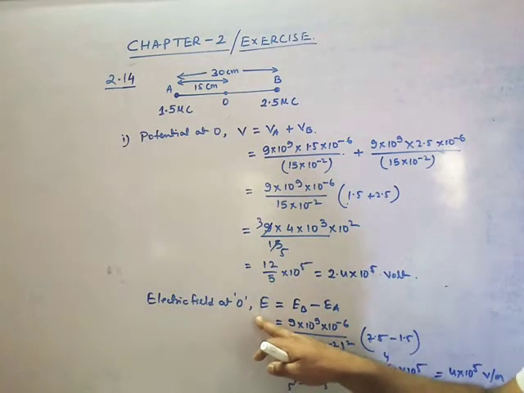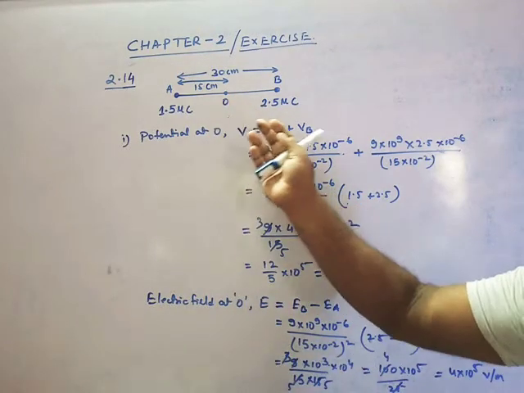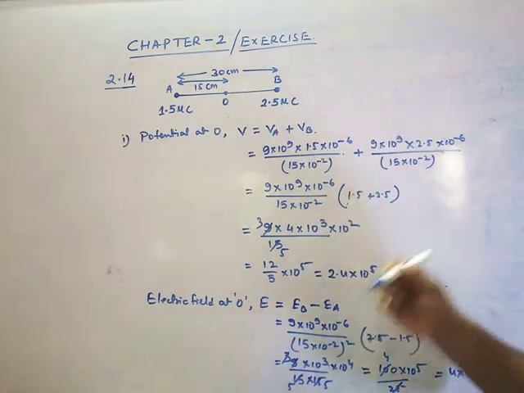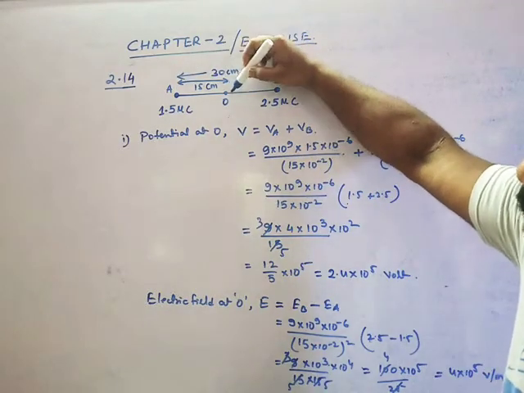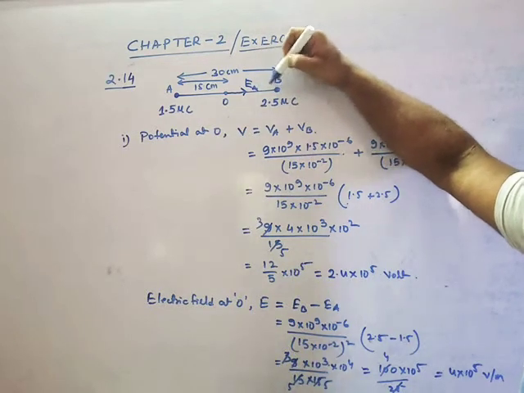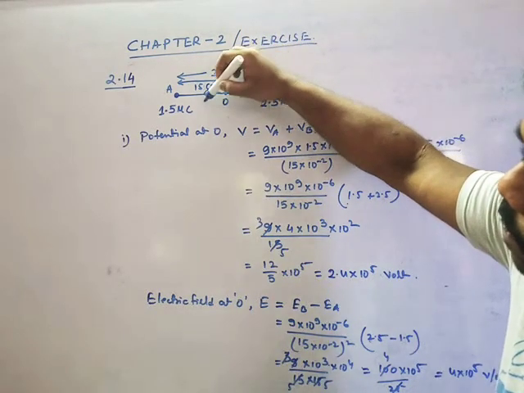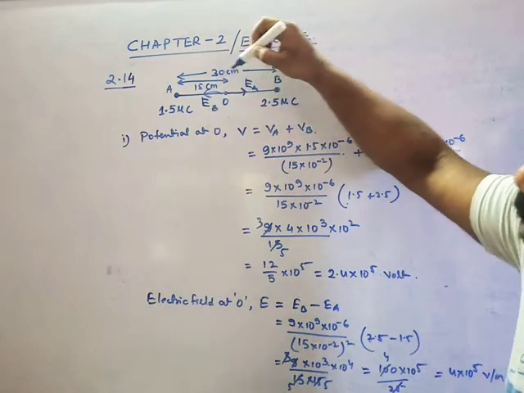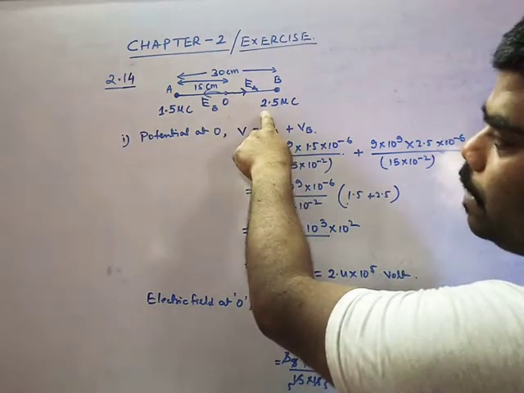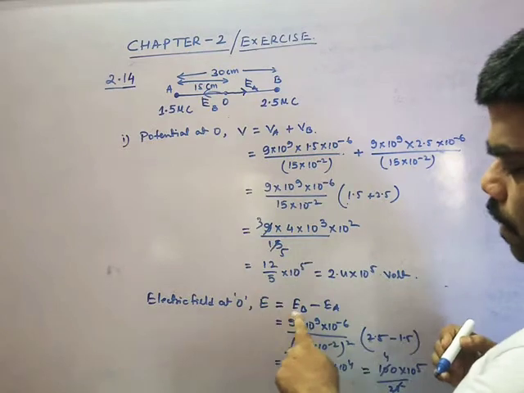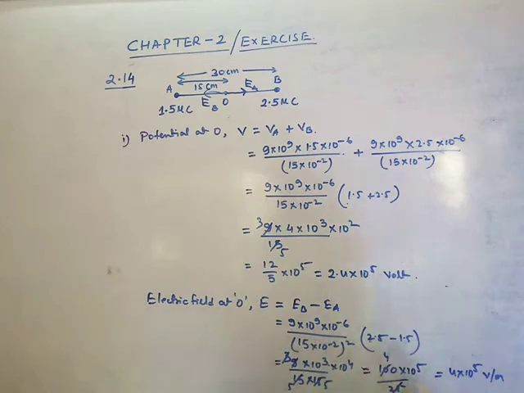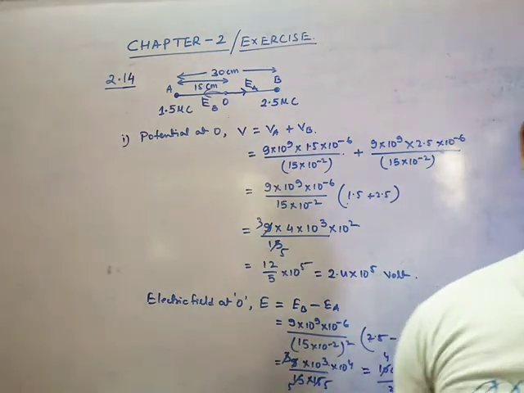Now electric field at the same point, at the point O. Now you are going to find out the electric field. How will we do it? Now you know that electric field is a vector quantity, so for this definitely plus sign, this is outward, and let me write it is EA. And for this B it is also outward, this is the direction, so let me write this is EB. So who is greater? Distance is same but the charge of this is greater, so definitely EB will be greater. So since minus will come, I will write EB minus EA. I have written here. After that, as usual, put the value and you will get the answer. Do the calculation by taking the common part first. Is it right? Okay.